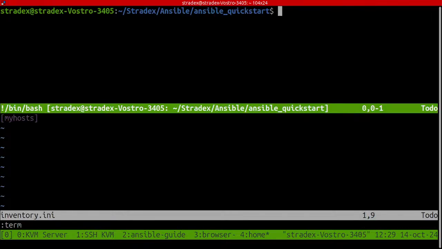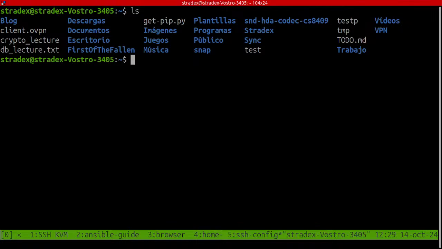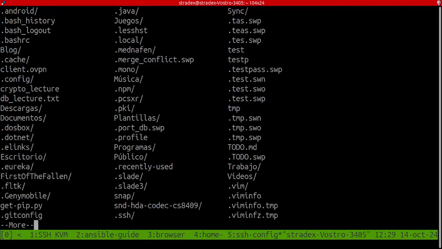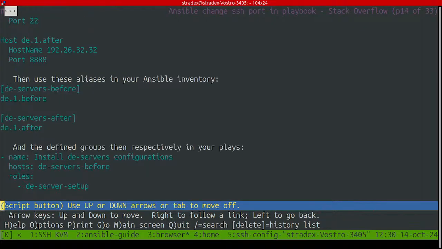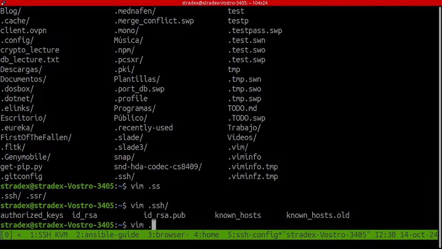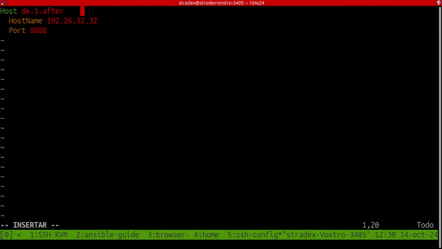Oh, why am I doing this? Let's just create a new config. Let's call it like... no, it's not like that though. Let me see. Oh, if the file does not exist, I can create a file, I guess. I guess I can create a file. Let's call it like